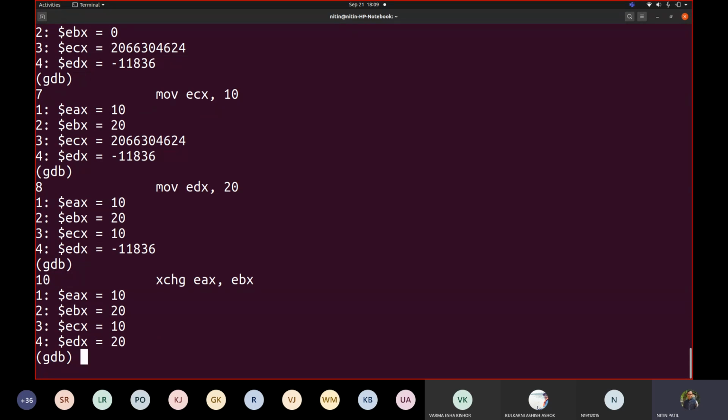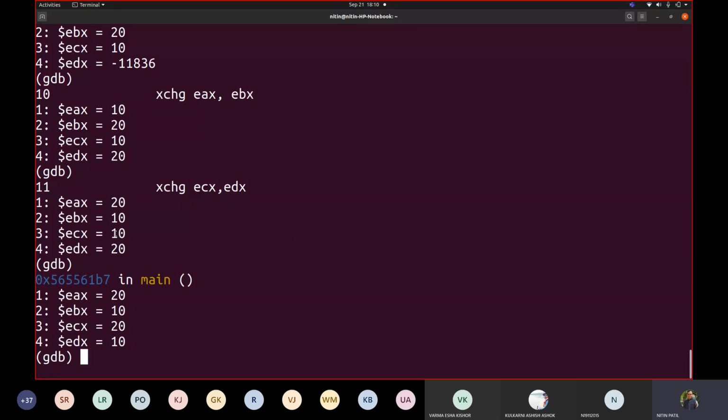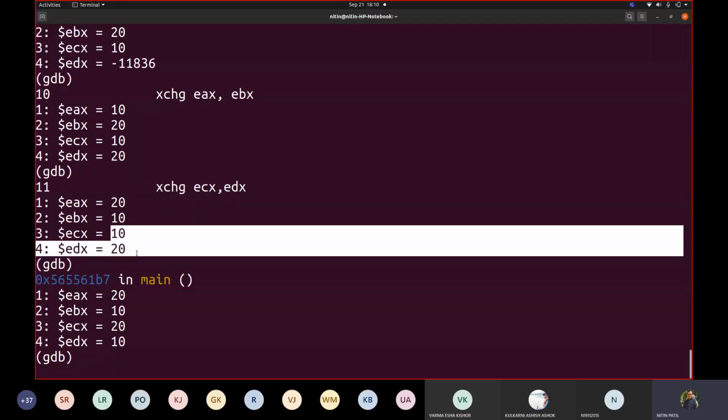Now we are executing the first instruction. Carefully see what happened. What is the change in value of eax and ebx? Can you see the values got exchanged? Yes. If I go with another exchange, I can see the values of ECX and EDX also got exchanged. Recall the code you write for bubble sort or any kind of sorting. You use exchange, correct? You change the values from the respective index positions. So you can make use of this instruction directly there.